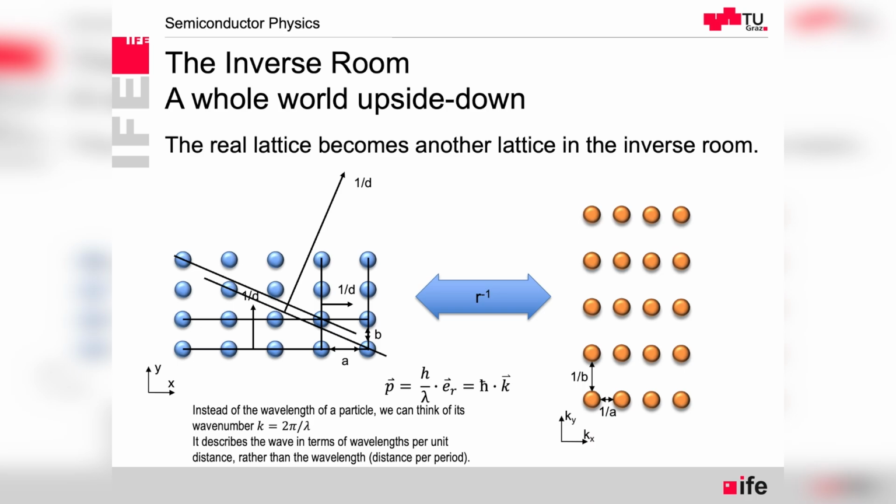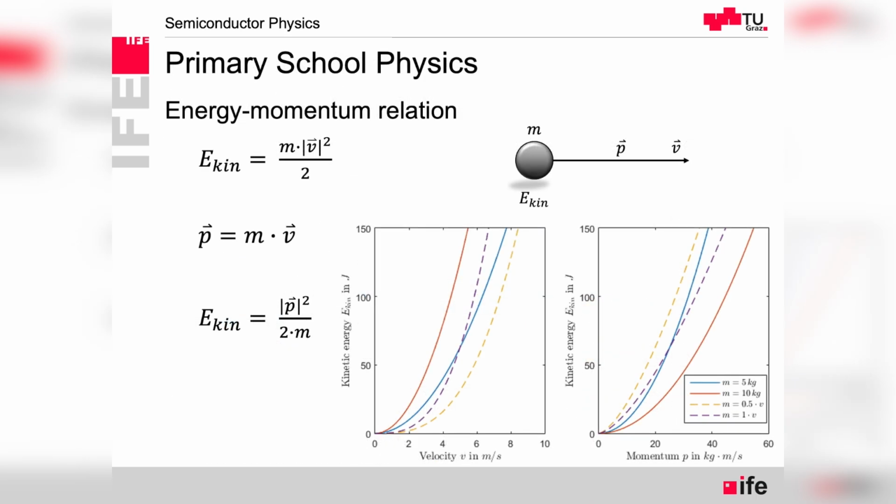So again, it's the inverse relation. Now the wave is described in terms of radians per unit distance, rather than just the simple wavelength, which would be the distance per period. So having already this,